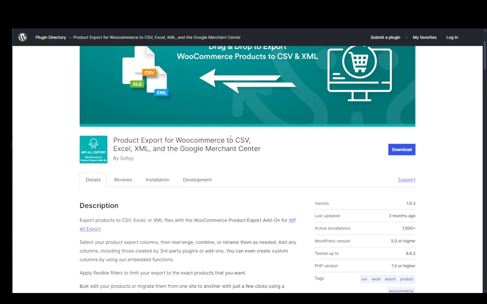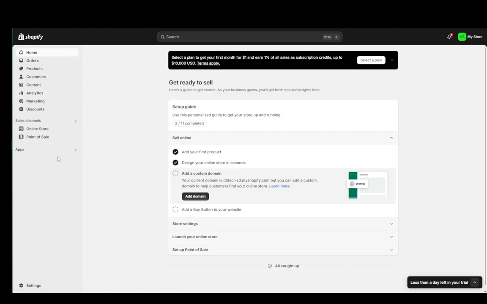Now, the CSV is basically a database file. It can be viewed either in Excel or a text editor. So what we're going to do once we have that CSV file is we're going to go over into Shopify